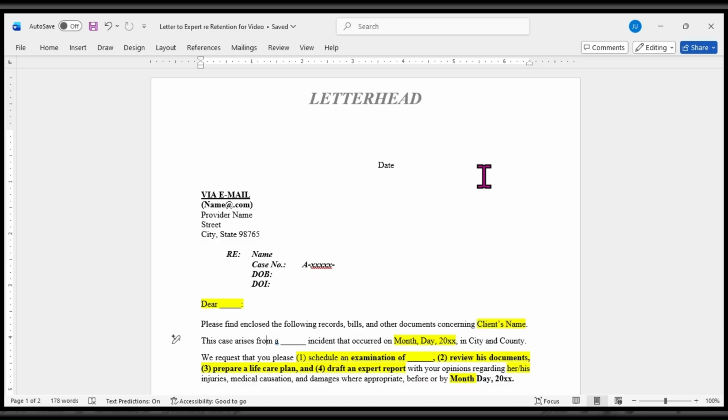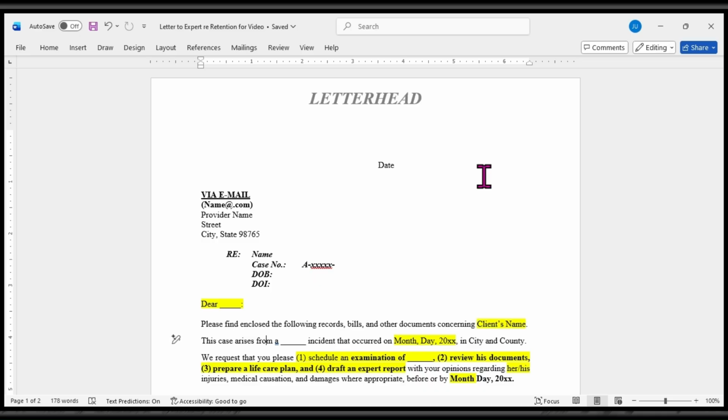As you know, experts explain technical, medical, financial, or scientific issues that a judge or a jury would normally not understand on their own. Experts help prove standard of care, causation, damages, such as future medical costs, lost earnings, liability issues, and much more. As you know, also, there are many types of experts, and this includes medical, life care